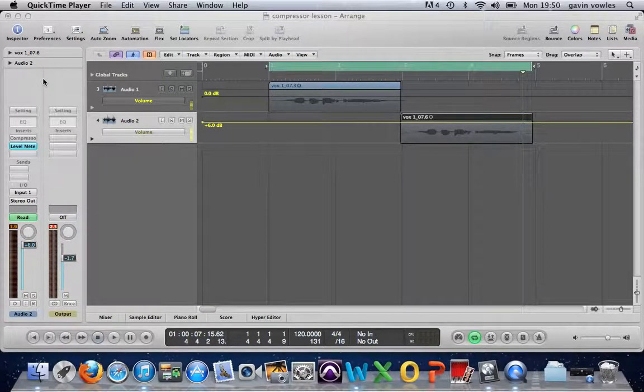Okay, this is me recapping the compression lesson using the compression plugin. Briefly, compression is used to sort of tame any dynamics. If a vocalist is quiet in some parts and loud in another, which always happens, same with the guitarist or drummer, we can use the compression to heighten the volume of the quieter parts, while keeping a cap on the loud